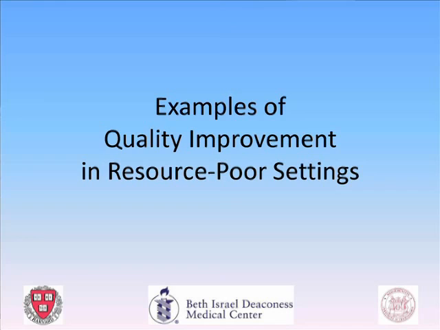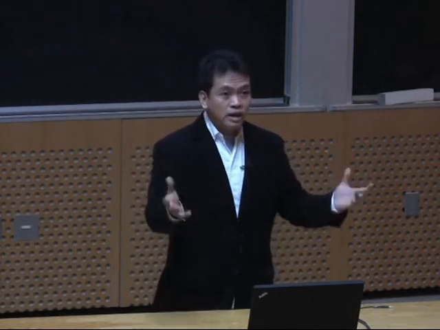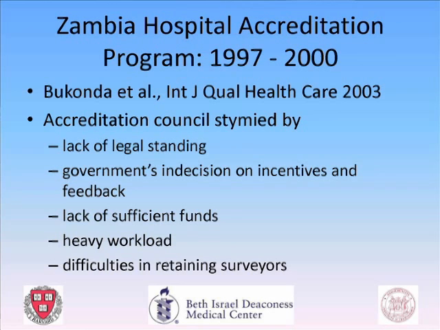There have been some examples of quality improvement in resource-poor settings that have been published. They have varying degrees of failures and success. I'm hoping that we would see more and more of these publications. There's not a whole lot out there, and hopefully you guys are going to be involved with some of these. For example, in Zambia, they tried to enforce a hospital accreditation council that would look at the quality of care in the different hospitals and would certify them as good enough to remain open, which reminds me of a story